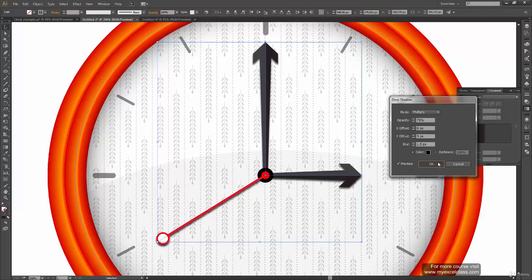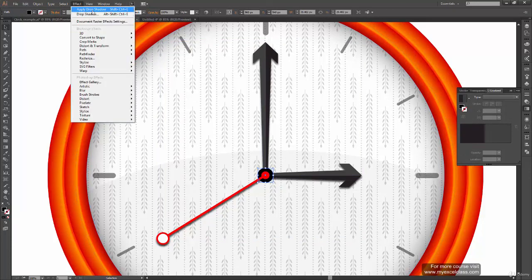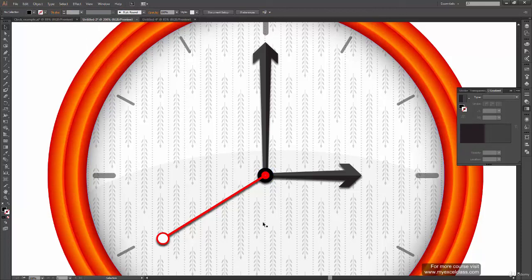Okay, so when I click OK, again we can add drop shadow to this one also. Just select this shape, go to Effect, and you have this option enabled already which says Apply Drop Shadow. So click on this and it will apply the same effect over here.